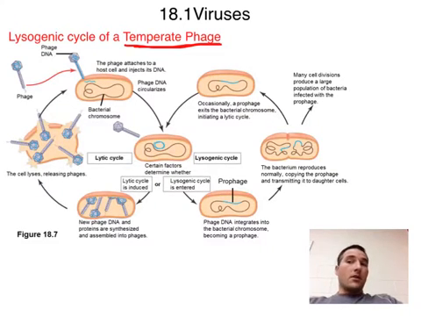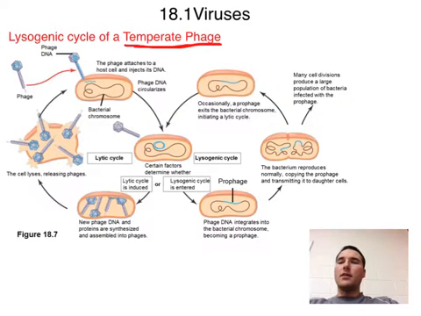But there's another option. Once the lambda phage attaches and has the entry of its DNA, the DNA circularizes so that it is similar to a bacterial DNA. If you remember, bacterial DNA is in a circle. So it makes a circle. If conditions are correct, at this point it will actually take over the cell and go through the lytic cycle. But if conditions aren't correct for this to take over the cell, and we'll talk about that in a second,